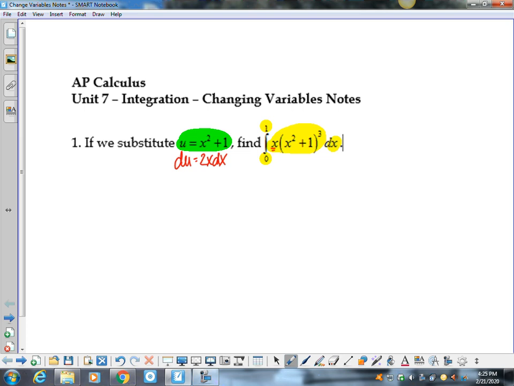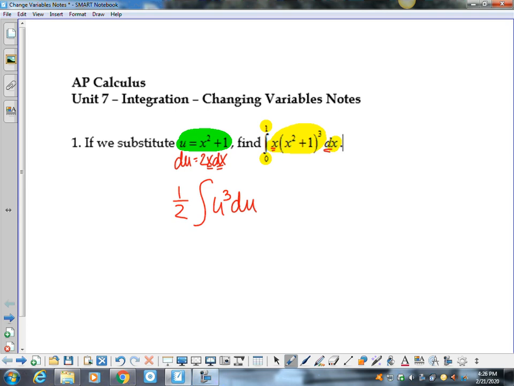I have the x and the dx. I need the 2, so I'm going to balance it with a 1/2. So I'm going to have 1/2 integral, and I'm not going to write the 0 and the 1, and you'll see why in just a second. From 0 to 1 of u to the third du. So sometimes for multiple choice, what you're going to see is 4 different setups that look just like this. So they just want to see that you can figure out who your du is and what you need to adjust and what it's going to look like